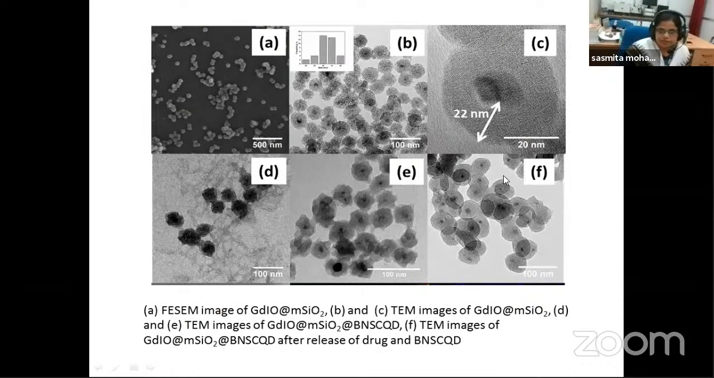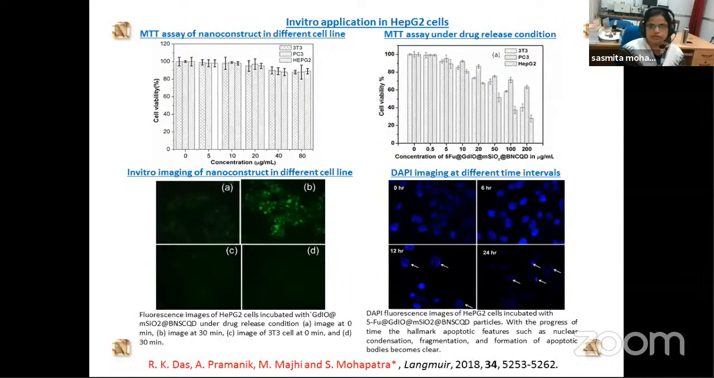You can see this is a TEM image of the mesoporous silica. The center is dark, which shows the MR contrast agent is in the center, that is a gadolinium iron oxide, and the outer shell is mesoporous silica, and on the surface there is deposition of these boronic acid modified quantum dots. After you see the entry E, it appears black. When the quantum dot is released under the stimuli, then the pores are clearly visible. So in that way, we have judiciously constructed this stimuli responsive theranostic system,